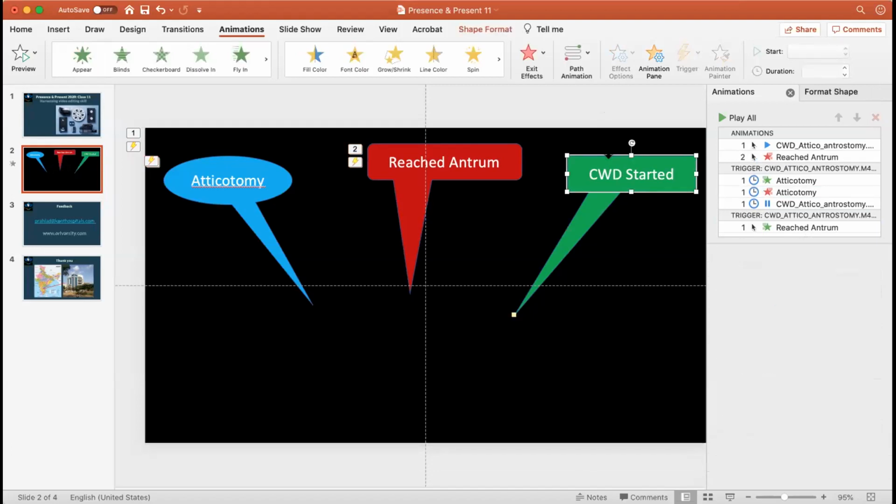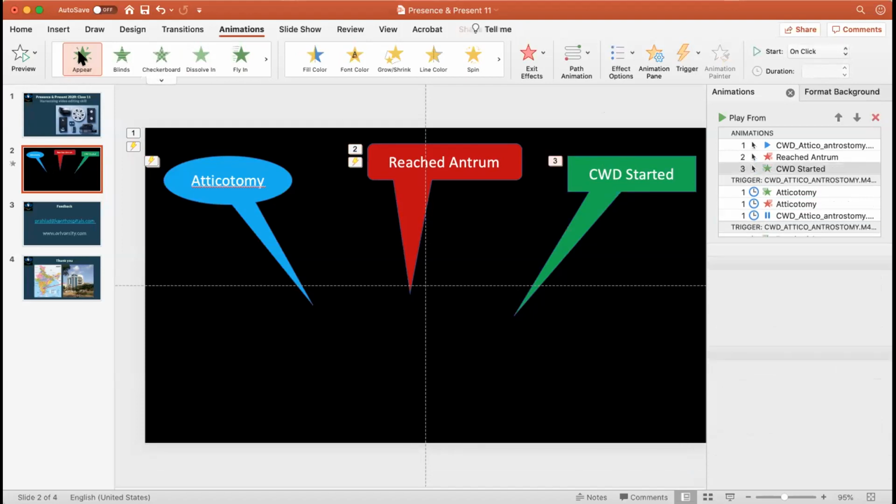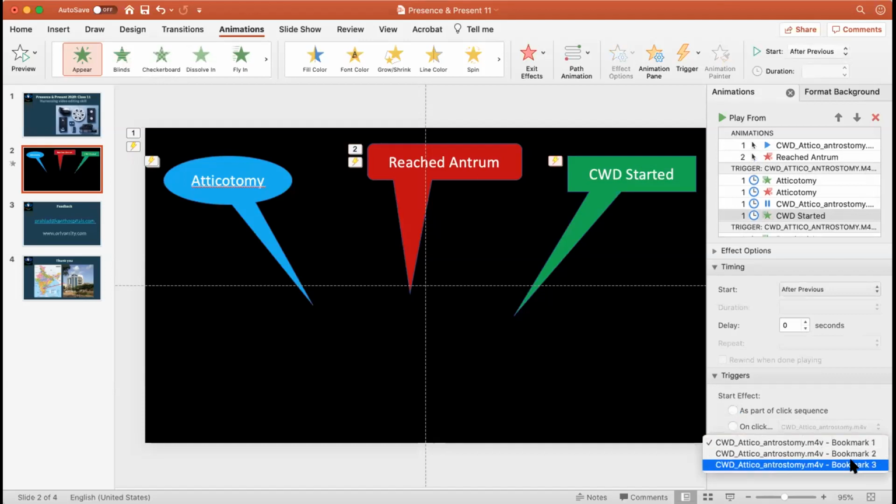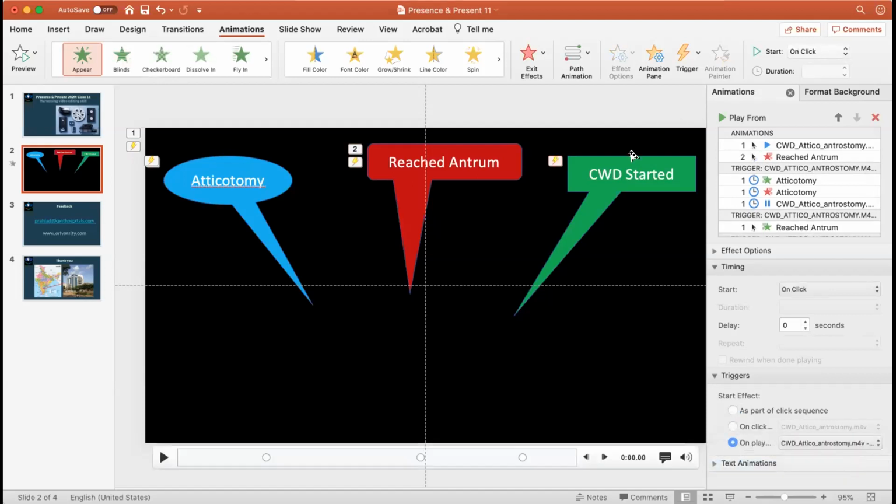Then for canal wall down mastoidectomy, there are many special effects, but I will just use one simple effect. That effect appeared here. Canal wall down started, again on play, should play when you reach the third bookmark, and it should also disappear.